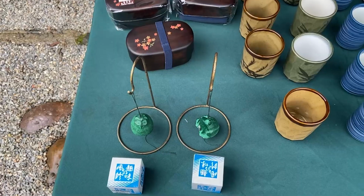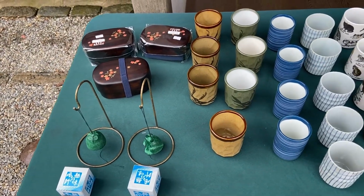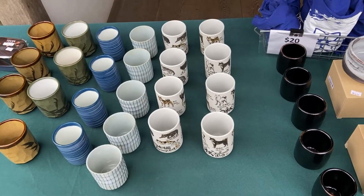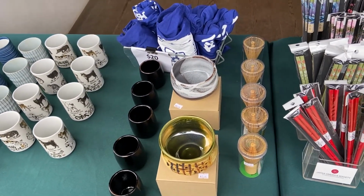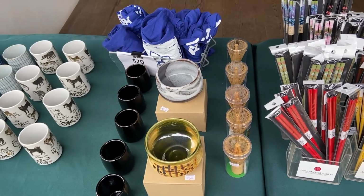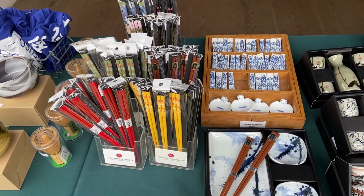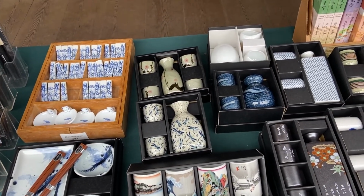So there's things that you can buy at the garden. Starting from the left, in the back there's Japanese bento boxes. Then there's different cups and mugs that you can drink from. They also have a matcha set where they have a chawan, which is the matcha bowl, and the chasen, which is the matcha whisk. They have a whole bunch of different chopsticks and chopstick holders, sake sets,